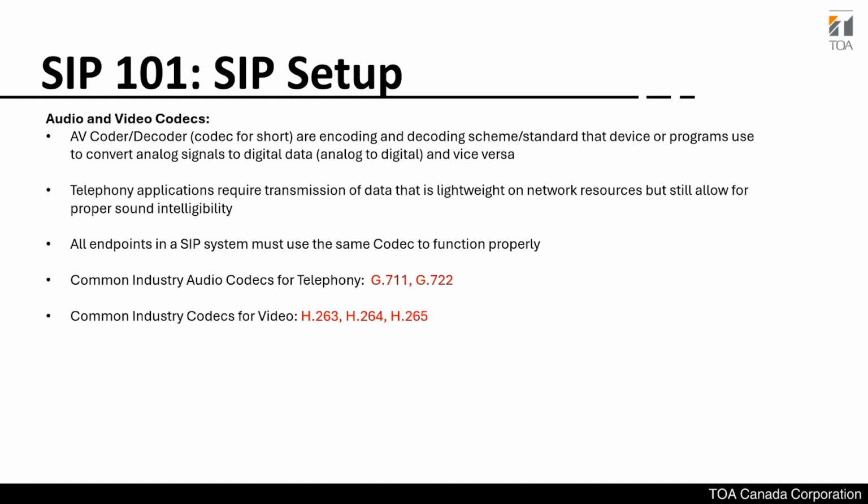Usually for audio codecs in telephony, you use G711 and G722. G711 is an older codec. It has a narrower frequency band and is more efficient. But G722 is now more popular and has a wider frequency band that provides better intelligibility and sound reproduction. For the videos,